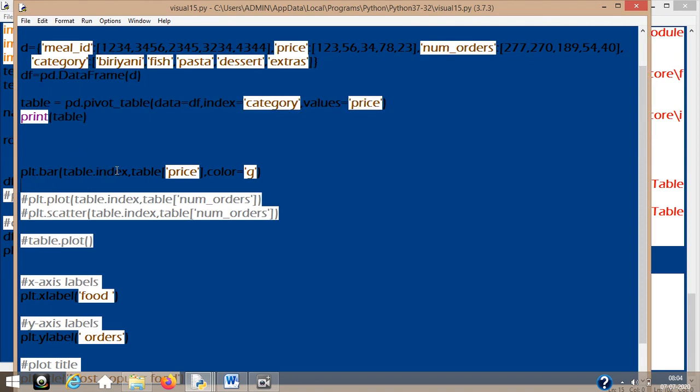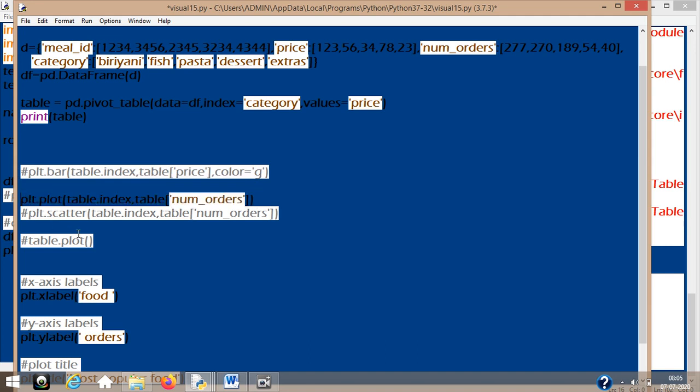So that's regarding your plotting of bar graph. Using plt.bar also, you can either specify a data frame value or specify a pivoting. Now, if you are not using a pivot table and you want to use a data frame itself, what can be done? That will be shown in the next example, don't worry. So this is to show you with your pivot table. So I am commenting this back and we are with our plotting. Plotting we already did without any argument, this time with a specific argument.